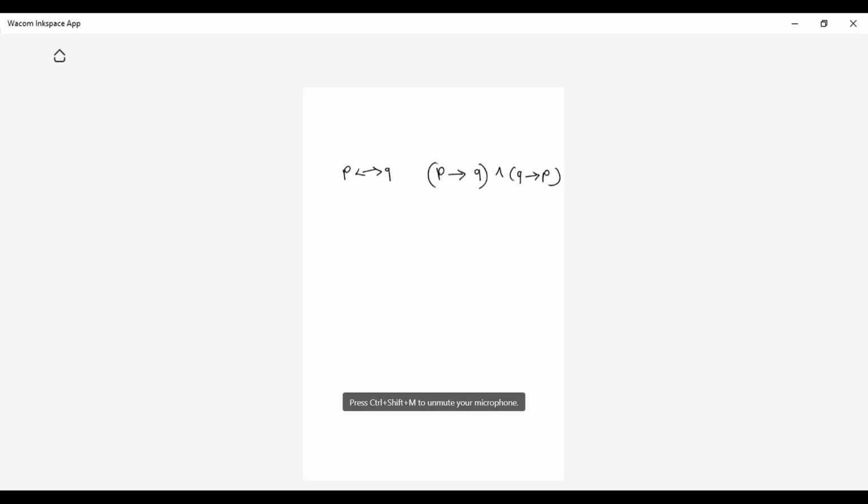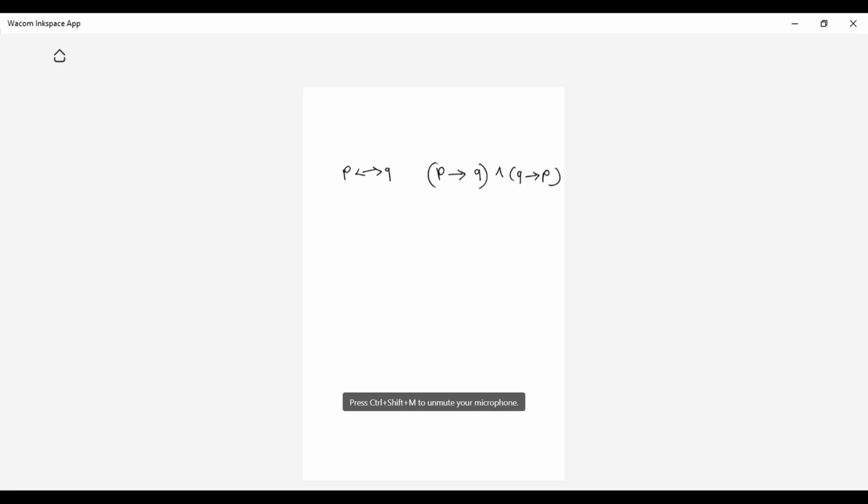I'm saying that whatever result I get for the biconditional operator with P and Q, the same result I'll get if I perform P to the Q and Q to the P. Just write P, Q, then P to the Q, then Q to the P, and then the final answer. I'll write the answer instead of writing the whole term. Now P: true, true, false, false; Q: true, false, true, false.